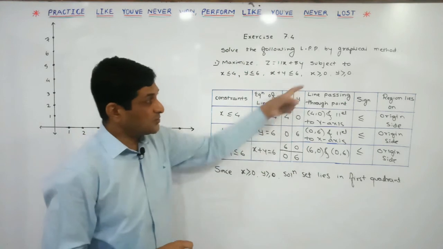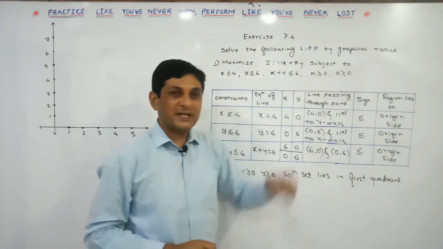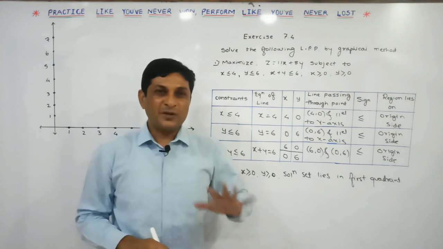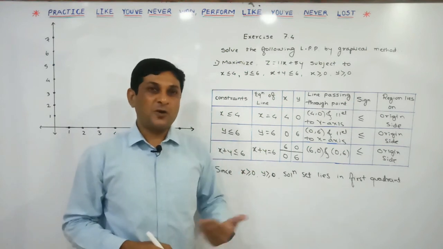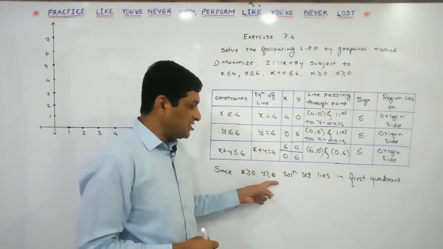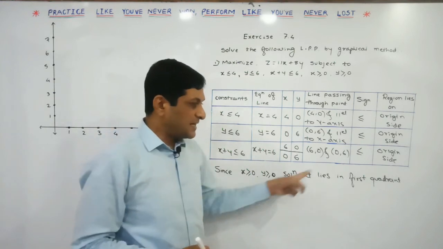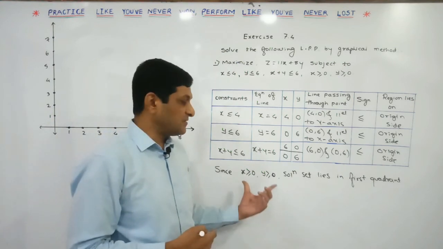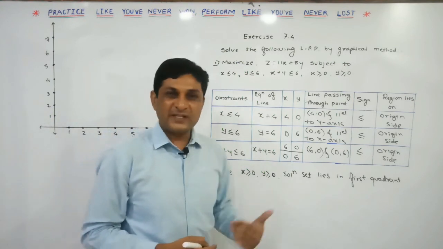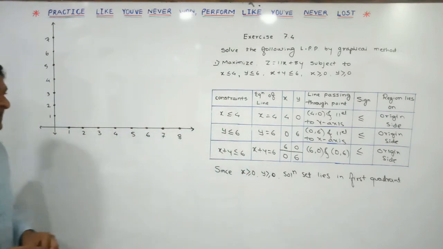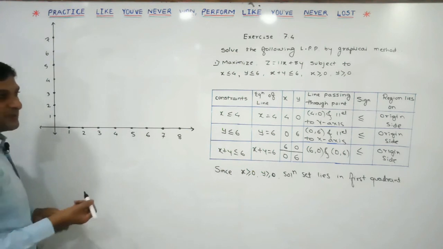And again, which two constraints are given to us? X is greater than or equals to 0 and y is greater than or equals to 0. Already we have seen that these are called non-negative constraints or non-negative restrictions. If this condition appears in the example, at that time we can conclude that the solution set lies in what? The first quadrant, because in the first quadrant only the values of x and y are non-negative.